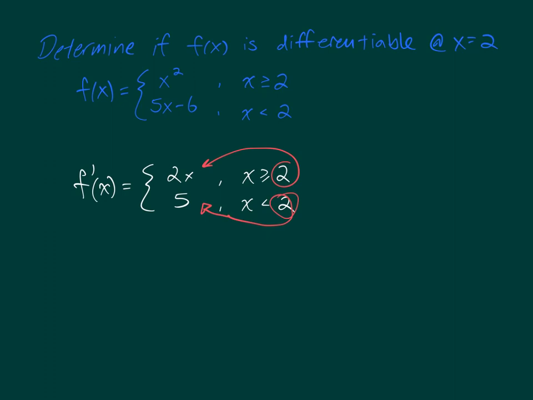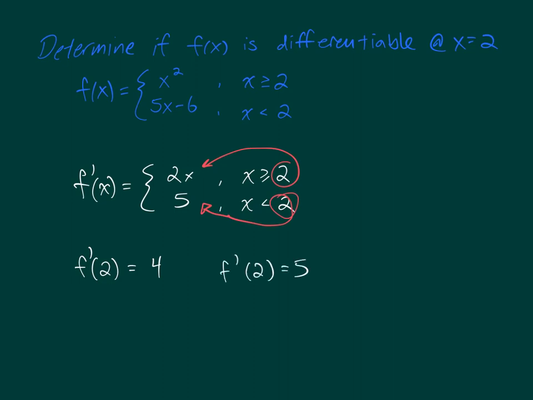So when we substitute 2 in here, we get 4. And if we substitute 2 in here, which again, there are no x's, we get 5. So to the right of 2, we get f prime of 2 equals 4. And to the left of 2, we get f prime of 2